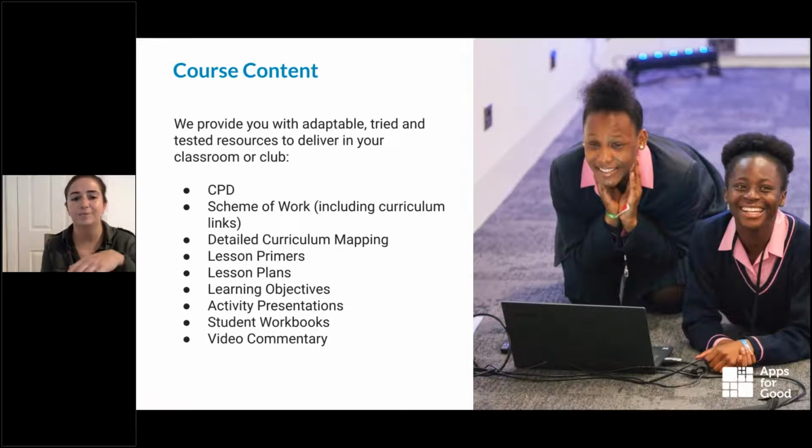Every different course will have a presentation for each session that you'll be able to run through with the students, and then the students have workbooks that they can work through individually as well, or as a team. There's also lots of videos, etc., that you'd get access to share with the students, so hopefully they find that engaging. All of the materials are available in every different format you could imagine, so whether that be to put them onto your Google Classroom or to download in Microsoft, whatever works for you, and they're fully adaptable as well. So you can adapt them slightly depending on your students and your audience.